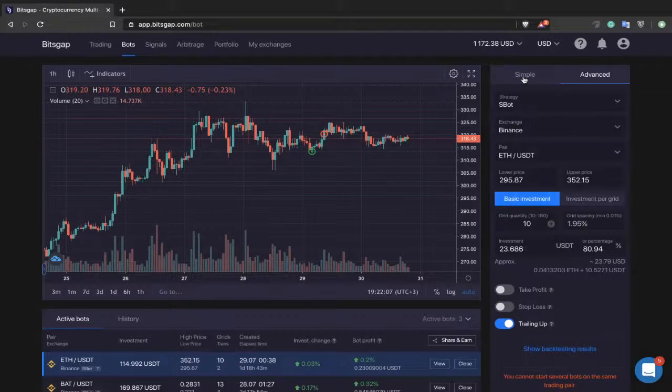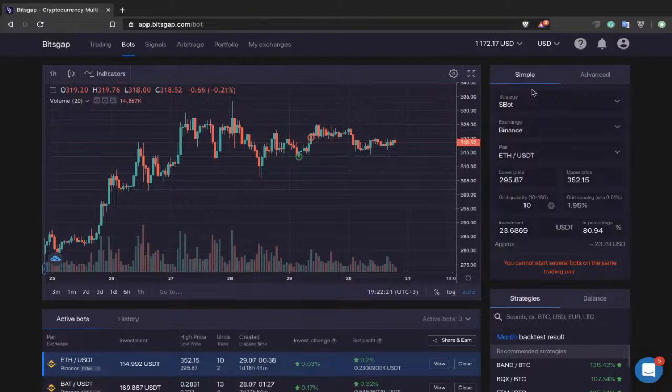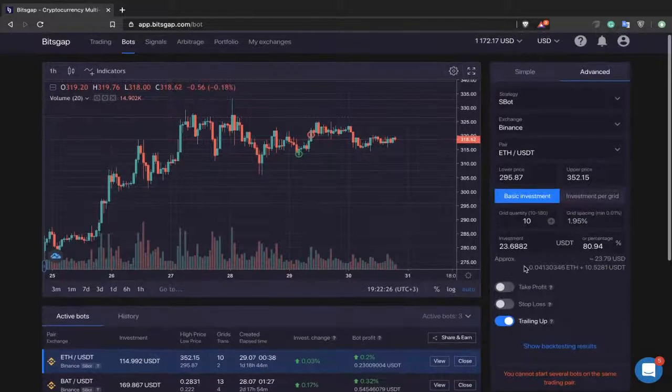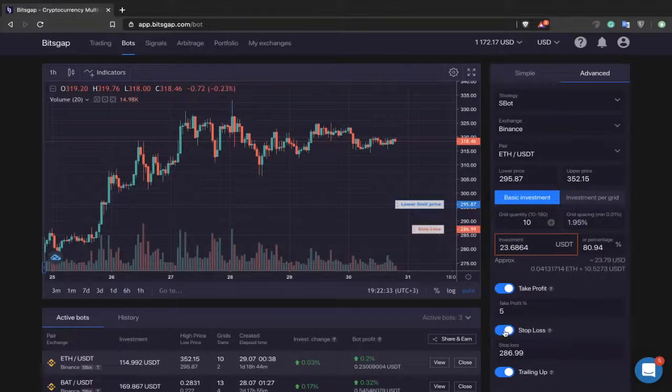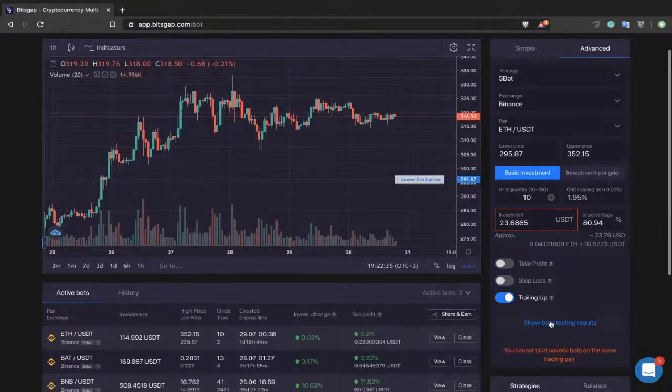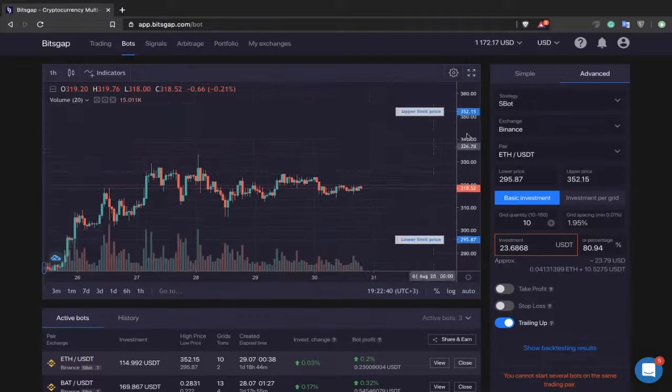So to compare with the simple mode, in simple you don't have the backtest button, and you don't have an in-depth calculation of how your funds will be distributed based on a configured trading setup. So in the advanced mode you have everything you need. Most importantly, you have all of the features like take profit and stop loss, which you can switch on. You have backtesting, and now is the time to show you how to